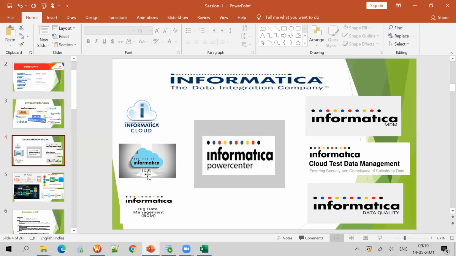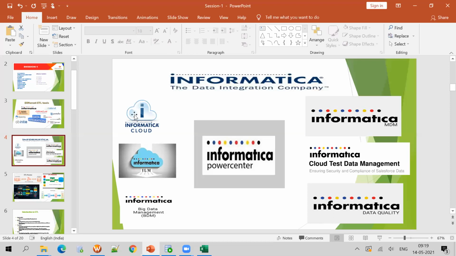Informatica ILM, that means Information Lifecycle Management, is one tool. One more, Informatica Big Data Management, that is the BDM tool. And we have TDM, Informatica Test Data Management, and IDQ, Informatica Data Quality. One more is Informatica MDM, Master Data Management. So these are the tools which are used for different concepts.